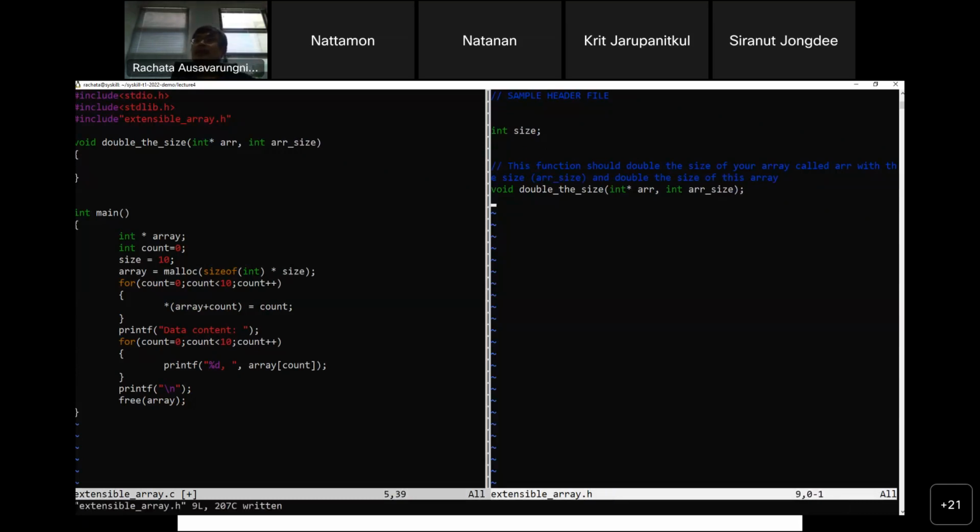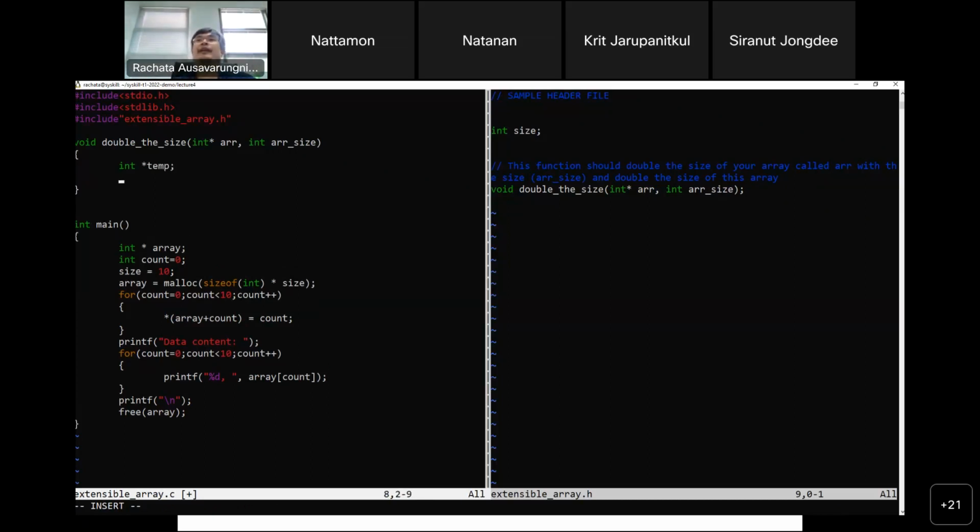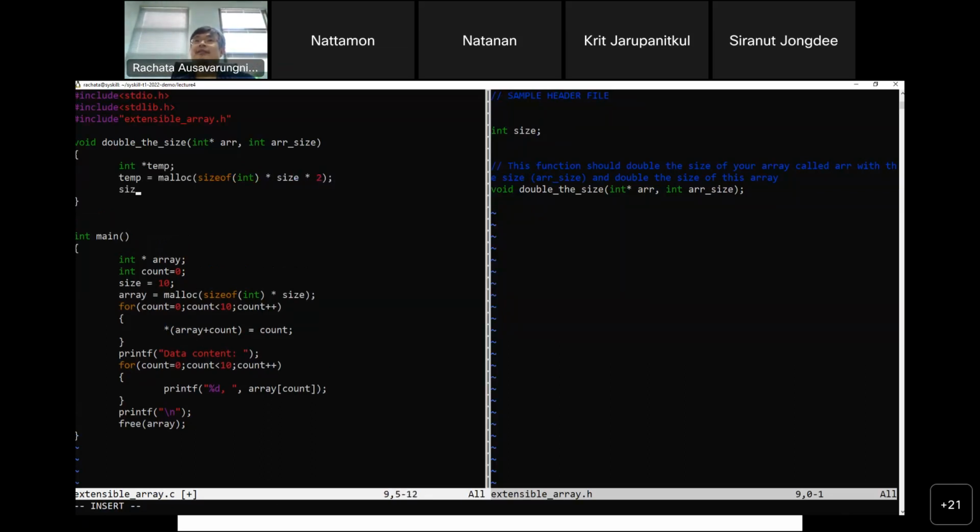So over here, what you're supposed to do, again, as I said, initially is create a temp pointer, and then temp equals what? It needs to now malloc a new array that has double the size. So it should be sizeof int, because each item is an integer in size, multiplied by size, multiplied by 2. Right? And then you need to also update the size, so size equals size multiplied by 2, right? And you might have noticed this is a wasted work because you do size multiplied by 2 twice, right? You first can do this, and then this.